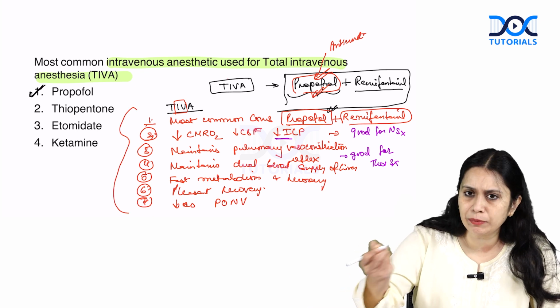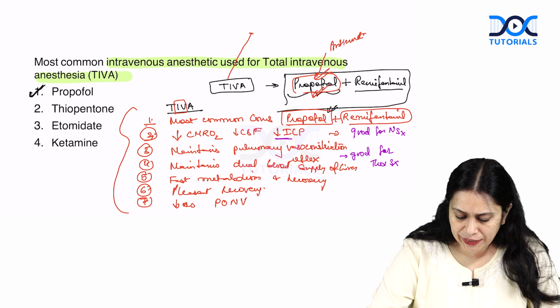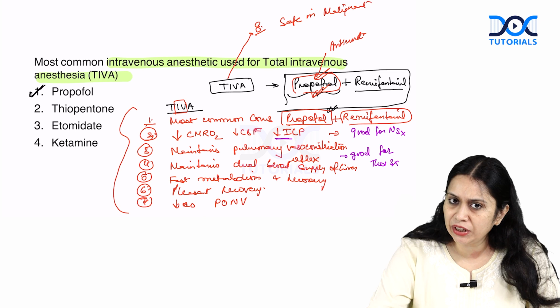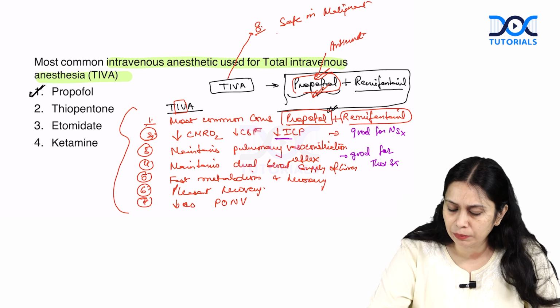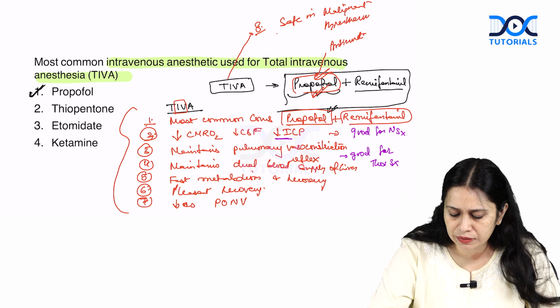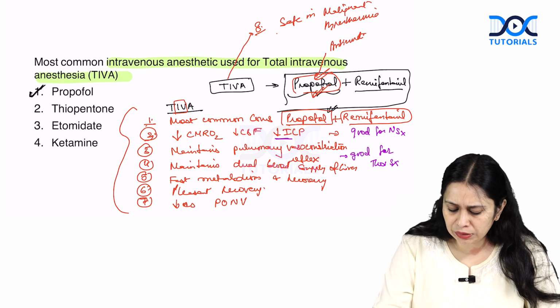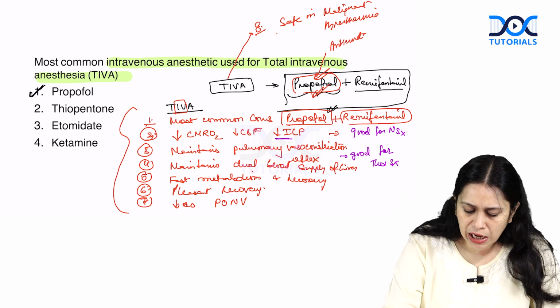The eighth point would be TIVA is safe in malignant hyperthermia. Inhalational agents can precipitate malignant hyperthermia, while TIVA is safe in malignant hyperthermia. All are exam questions. Now, one disadvantage of TIVA is that since we are using propofol,